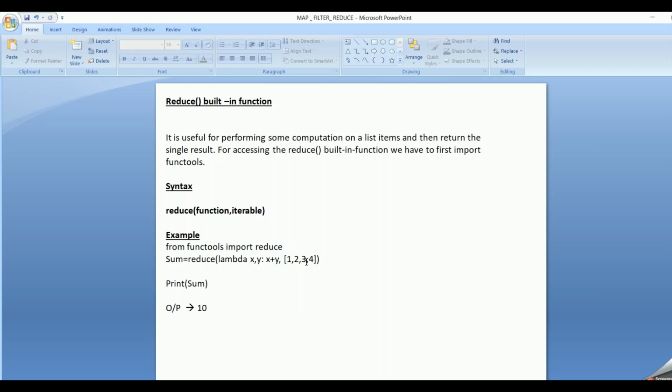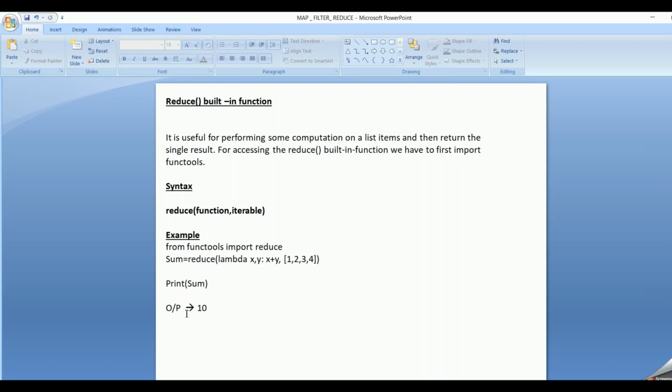It might be a plus, minus or a product. It will perform it on the items of the list and return a single cumulative output. It will return a single value. It won't pass many values that we can capture in a list. It will pass only a single result.